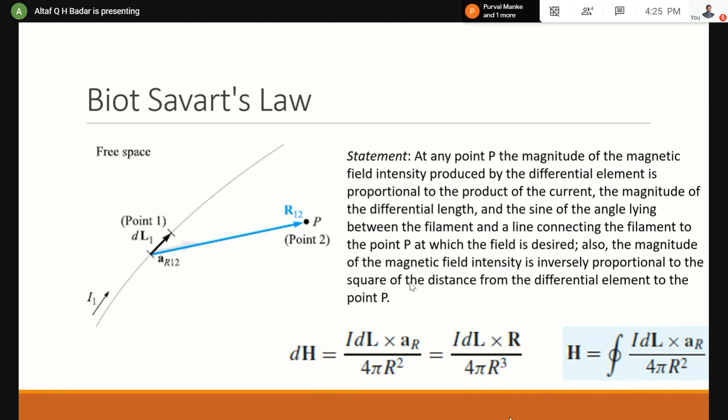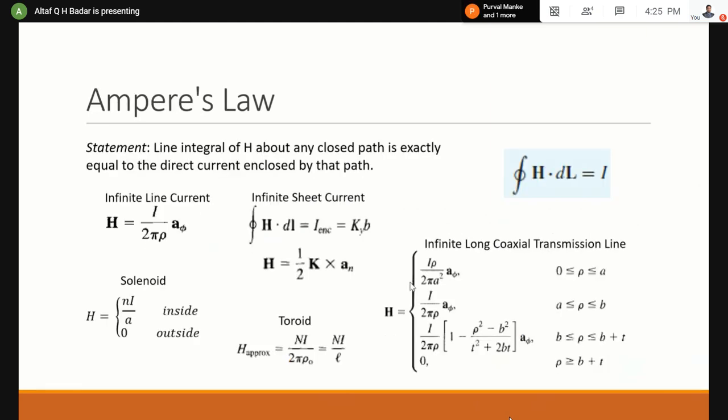Now, if I go by Biot-Savart law, let me tell you, this will really take a long time, and that is why we cannot get into the details of it. But let us move to the next one, that is the Ampere's law. Again, in Ampere's law, I'll have to go a little bit faster because we are running out of time somewhere. The derivations involved in Ampere circuital law are quite huge, but it has got a really good application here and there.